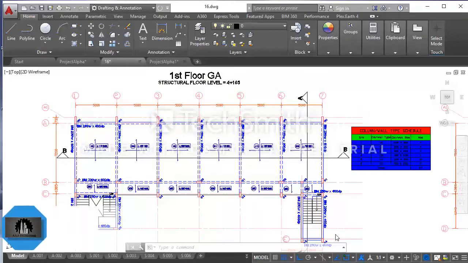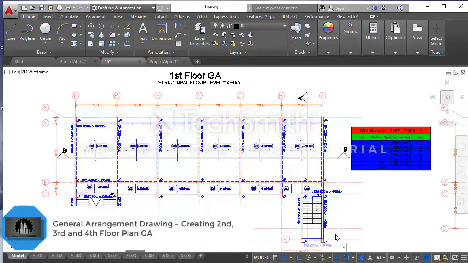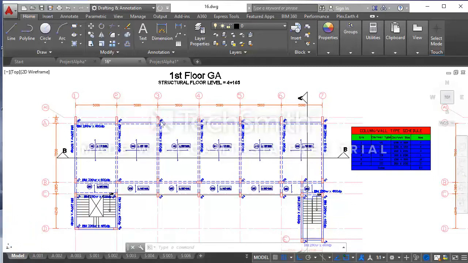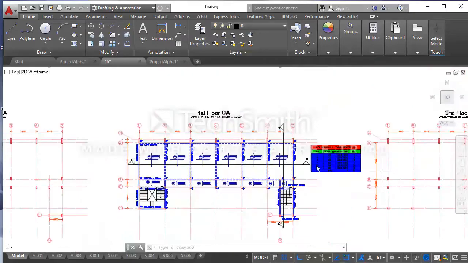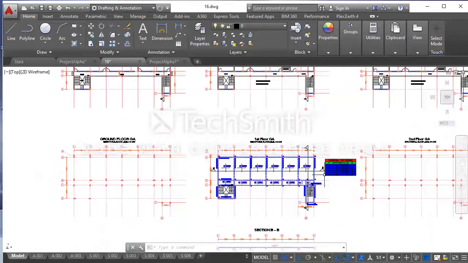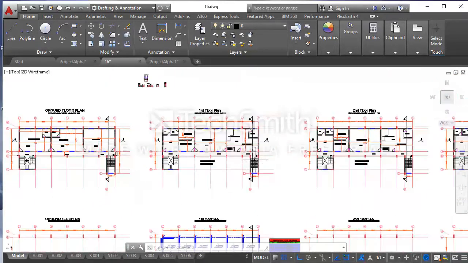This learning session is titled General Arrangement Drawing, Creating the Second Floor General Arrangement Drawing on AutoCAD. We're going to duplicate this first floor general arrangement drawing for the second floor general arrangement because the floors are identical. They have the same